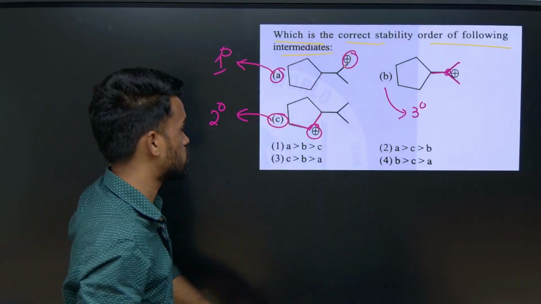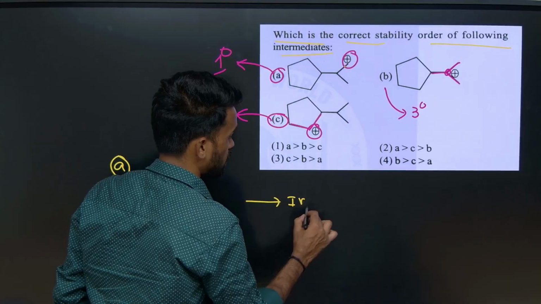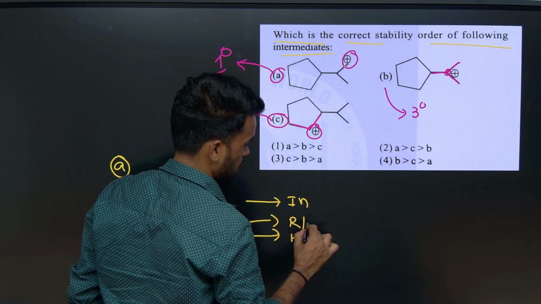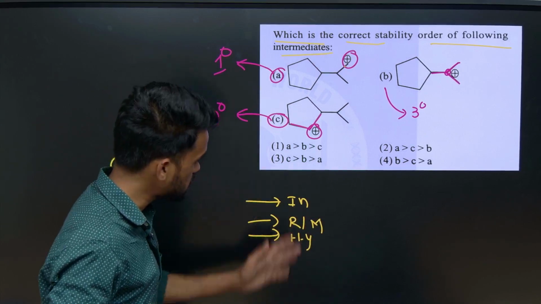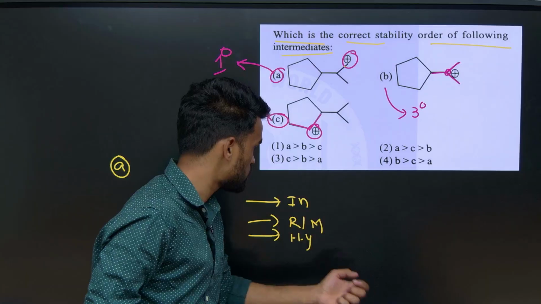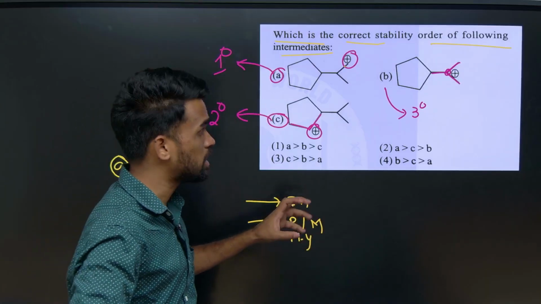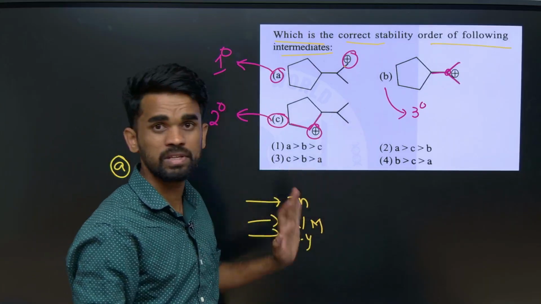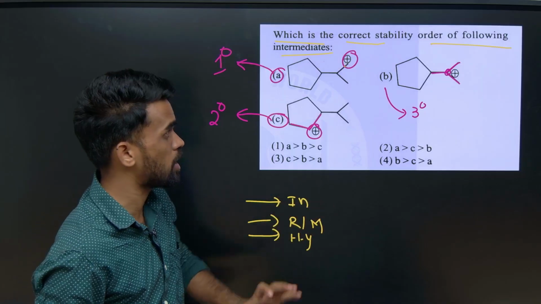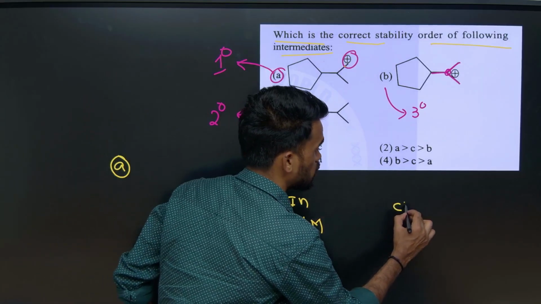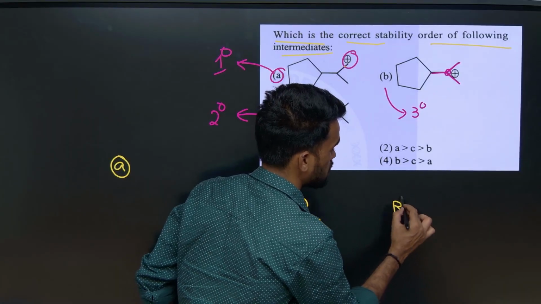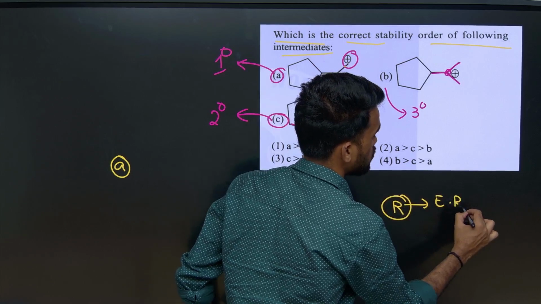If we want to solve this question, we need to know the inductive effect, resonance, and also hyperconjugation, or I can say the mesomeric effect. We need to know these things before solving this question, but in the upcoming classes we are going to learn about them. But whatever knowledge we have till now, let us solve with that. Okay, so I told you electron releasing groups increase the stability of a carbocation. So alkyl groups are considered to be electron releasing groups only.